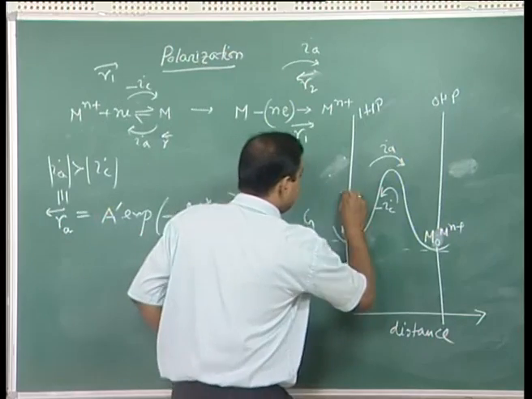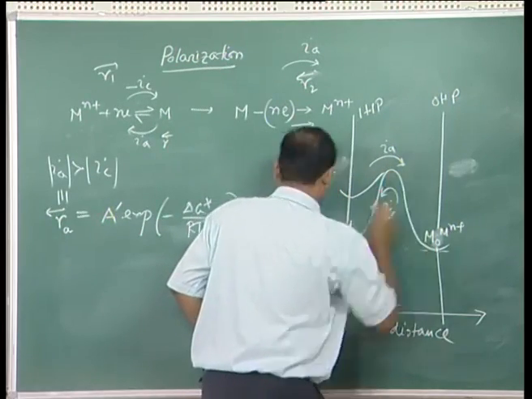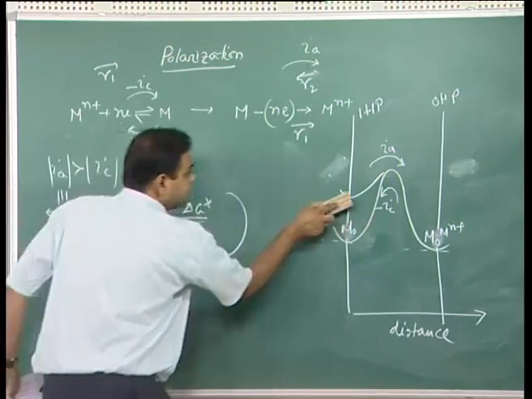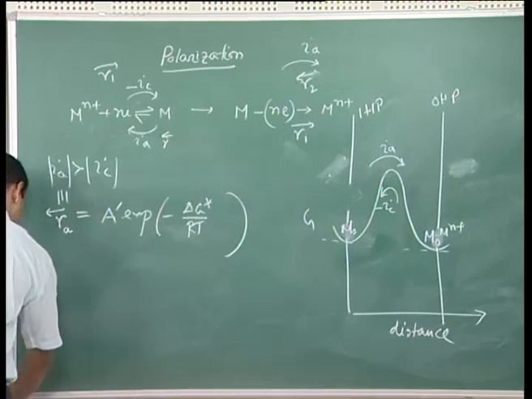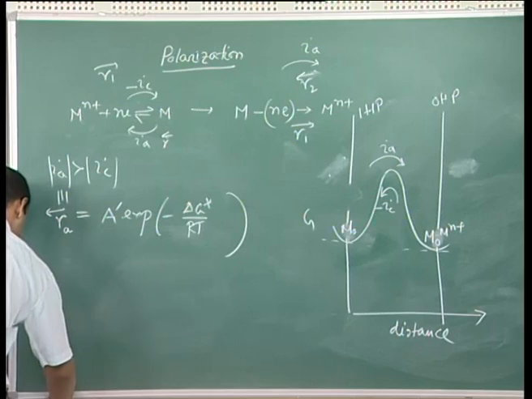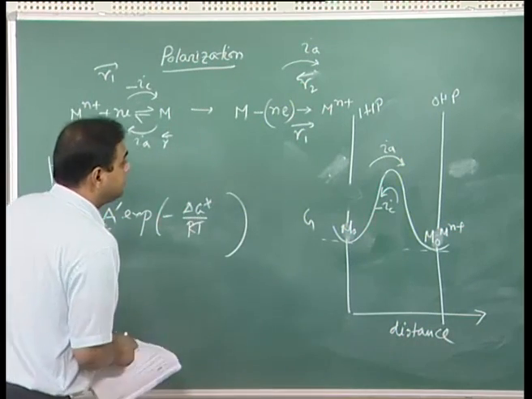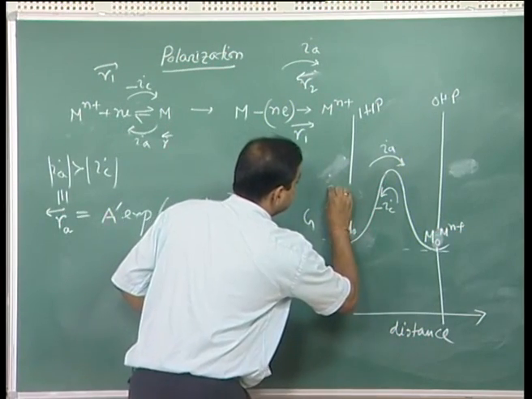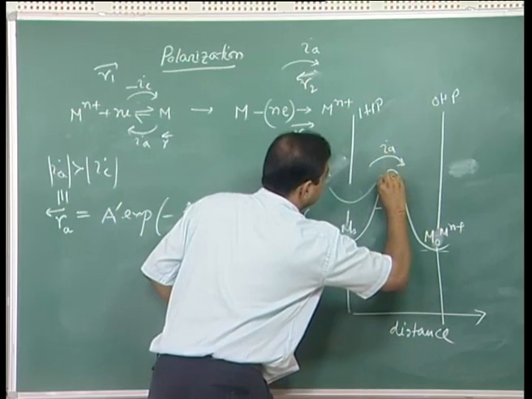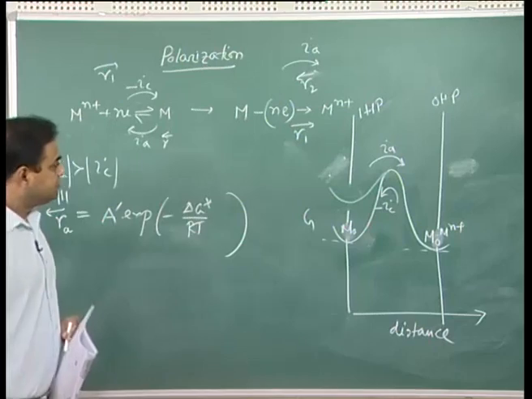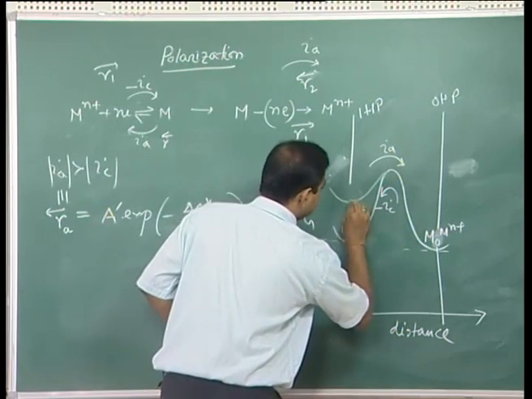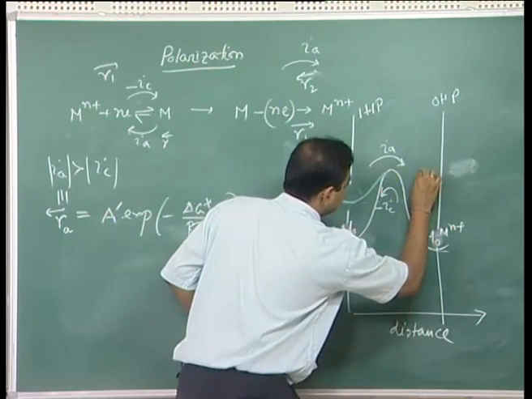So, if I have a process like this, let me put it in a different color. What would be my barrier? My barrier would be this much